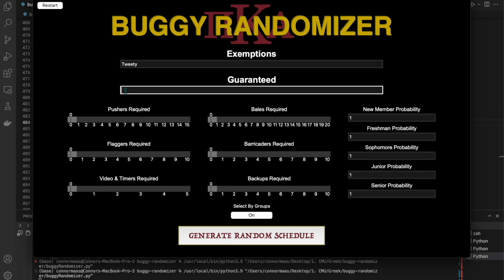If I automatically want to be included in the schedule, or you automatically want to include multiple people in the schedule, let's say we include myself and perhaps some other person in my fraternity such as SpongeBob. SpongeBob and I would be guaranteed to be in the schedule somewhere while the rest of the required positions are decided by the randomizer. Moving on to the next section, we have positions which are pushers, flaggers, videos and timers,